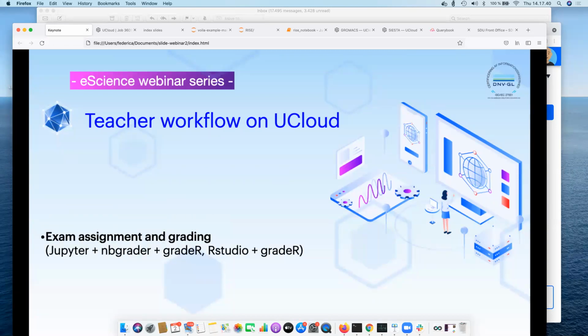I will pass to the third point of my webinar, where I want to show a possible way to somehow automate a bit the process of assignment and grading. And this also comes from a use case where a user asked us to show the workflow and to try to automate the procedure. This workflow can be developed with Jupyter and then NBGrader or GradeR, because